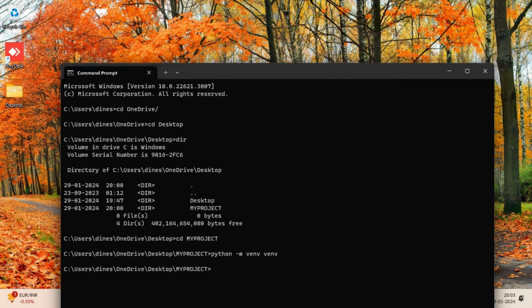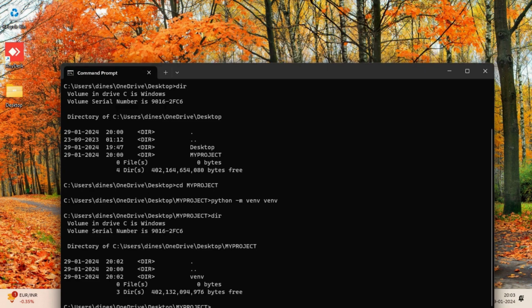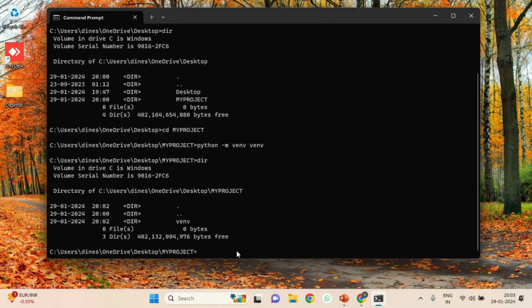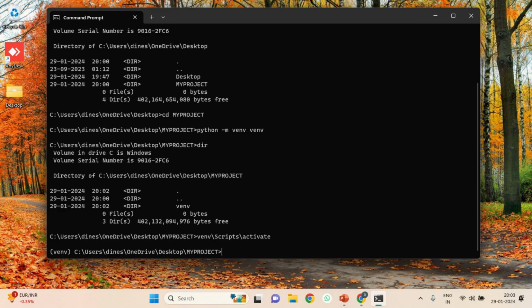Now if you just see in the directories, you can also see the virtual environment is created. So now we need to activate that virtual environment. Okay, venv backslash scripts backslash activate. Okay, that's all. And now we have activated the virtual environment, and the third step is now you need to